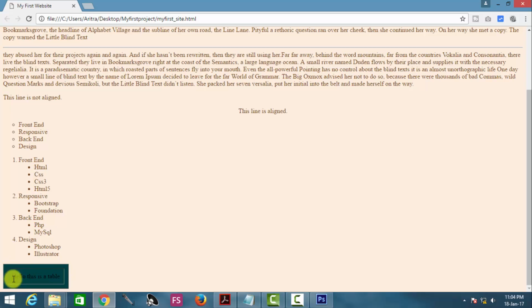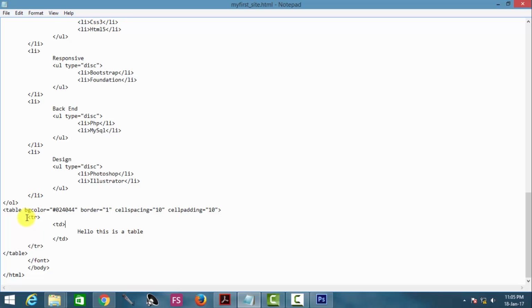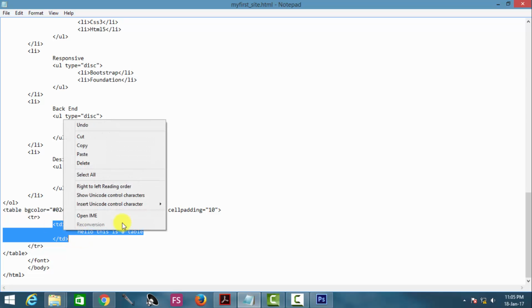That means the cell from the above is leaving a margin of 10 pix. From the right it is now leaving a margin of 10 pix, from the bottom 10 pix, and from the left it is 10 pix also. Now in this manner, if you create another row or if you create another column on the same row,